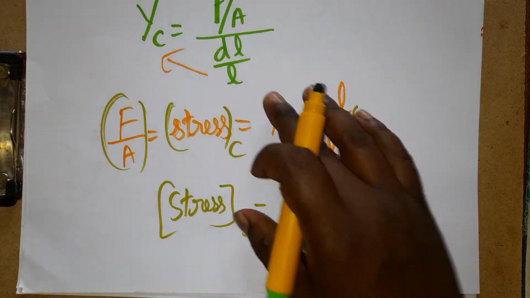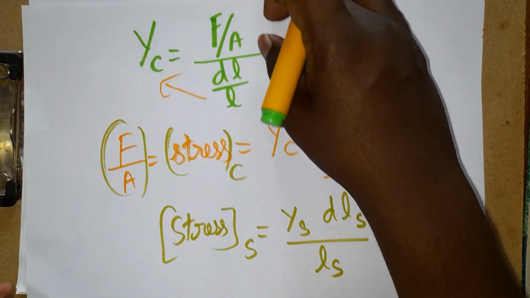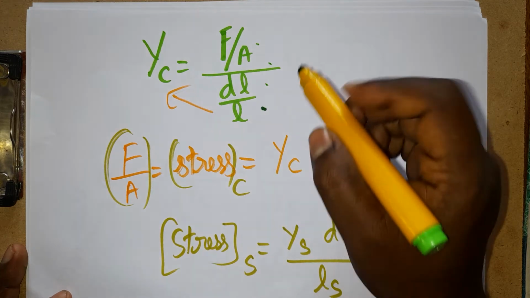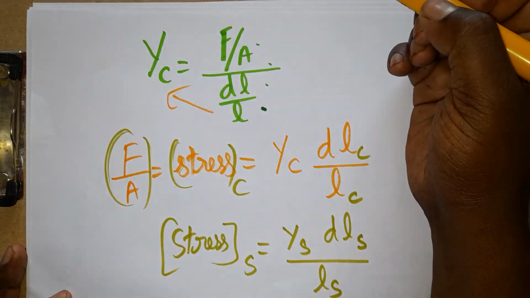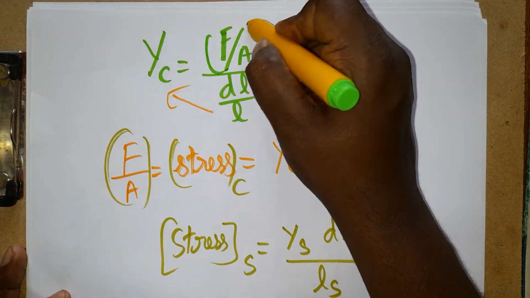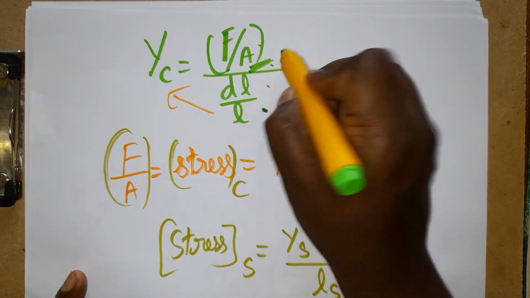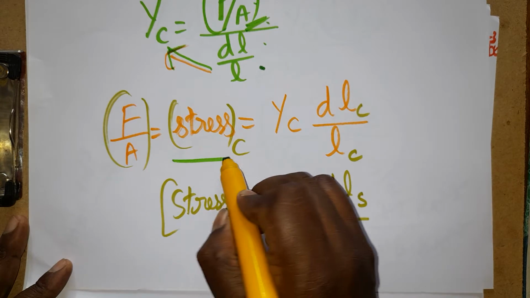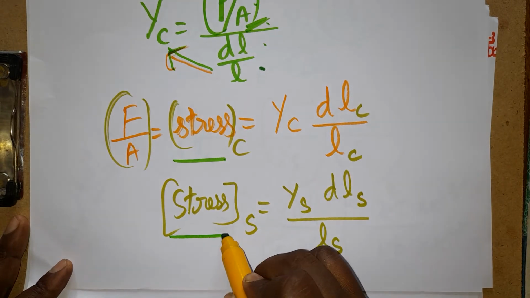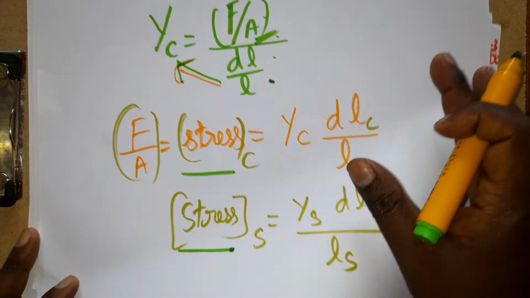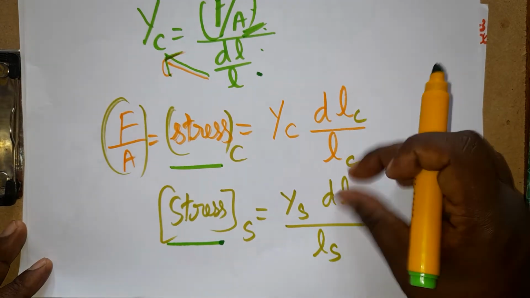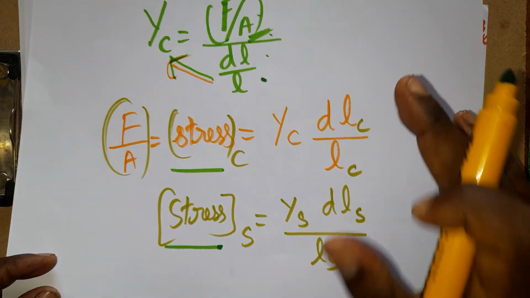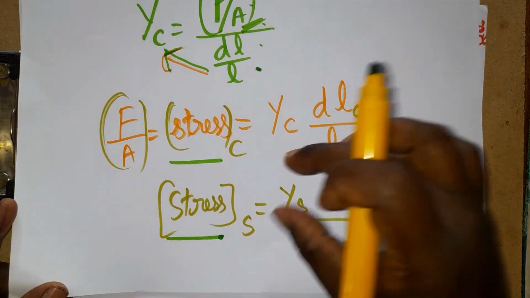First we will do it one by one. First I am taking the copper wire. Stress by strain, force per unit area, changing length by original length. Both have the same area and the same load added, so stress will be the same. So stress is equal to changing length by original length. I take stress for copper wire and stress for steel wire. Actually these two will be equal, force per unit area will be equal for both wires. Both have the same diameter and the same load added, so both will be equal.